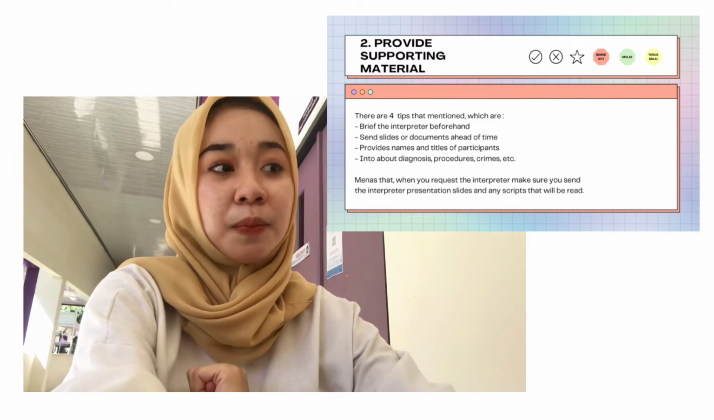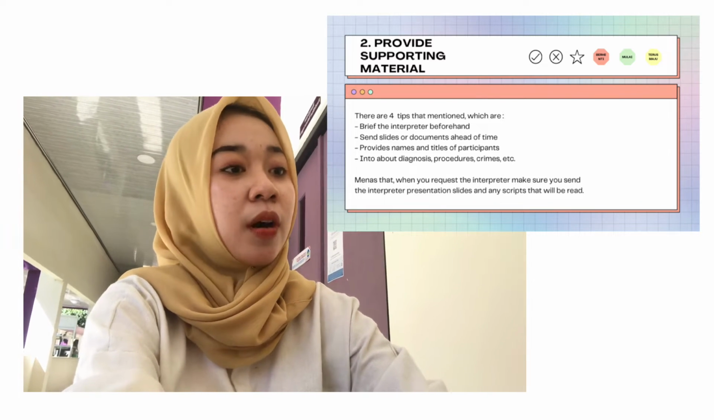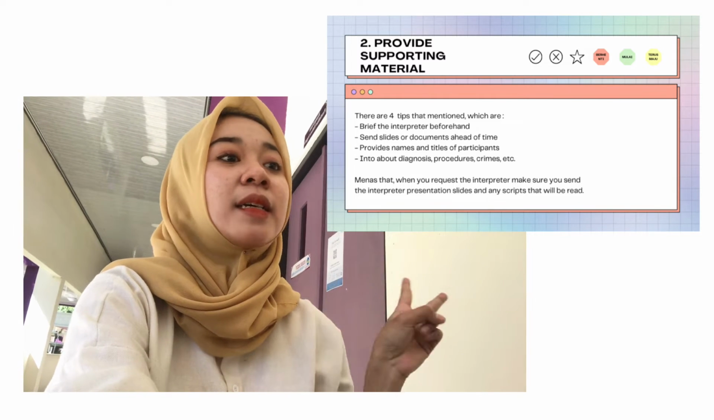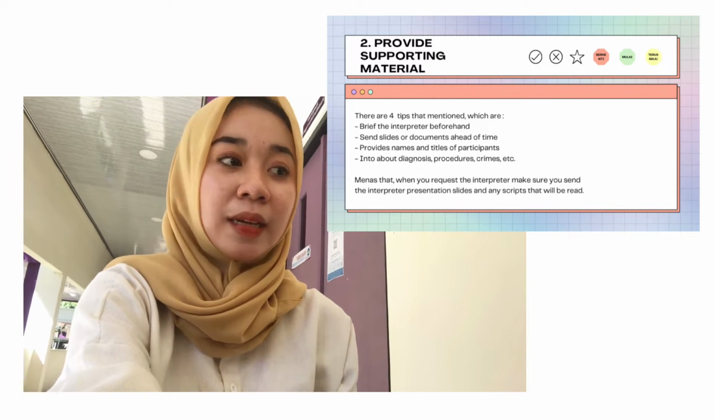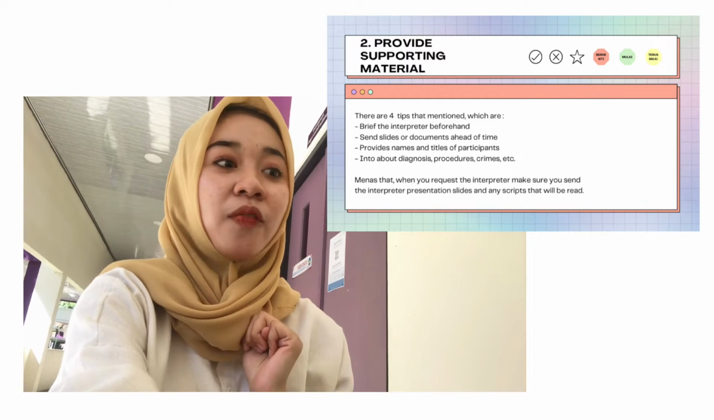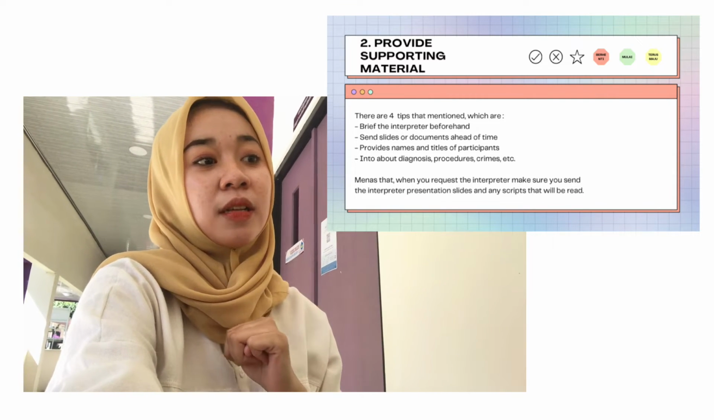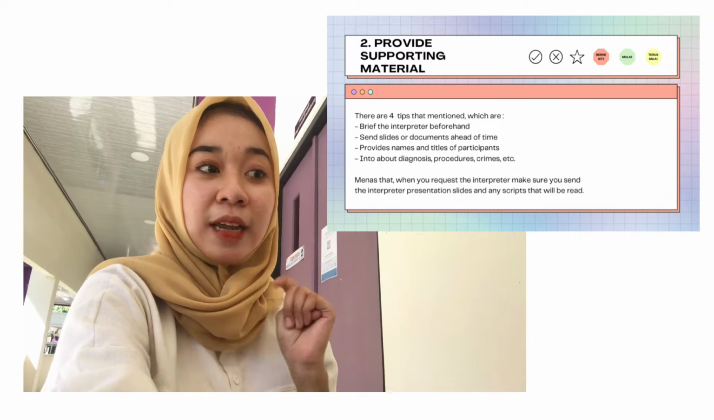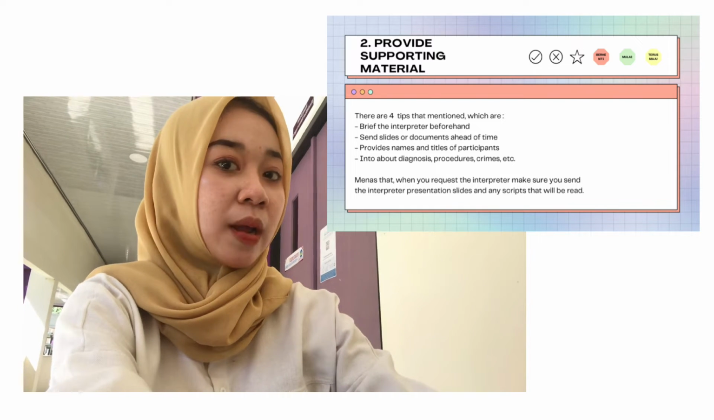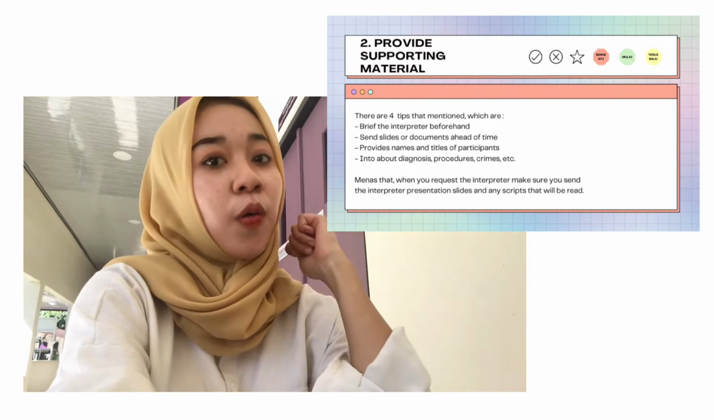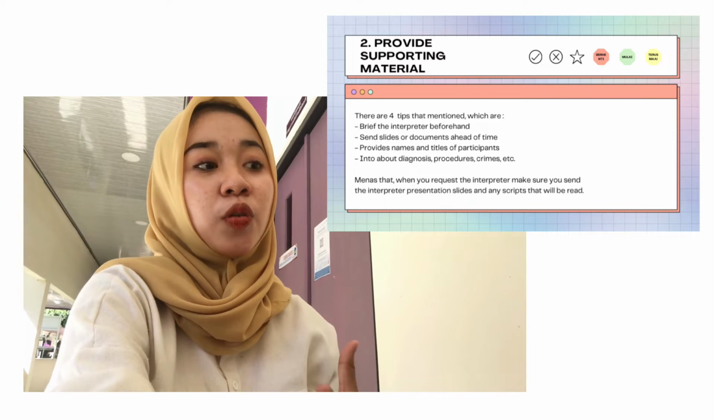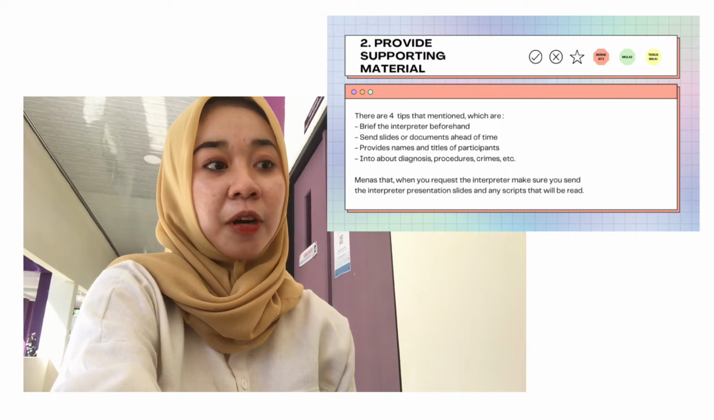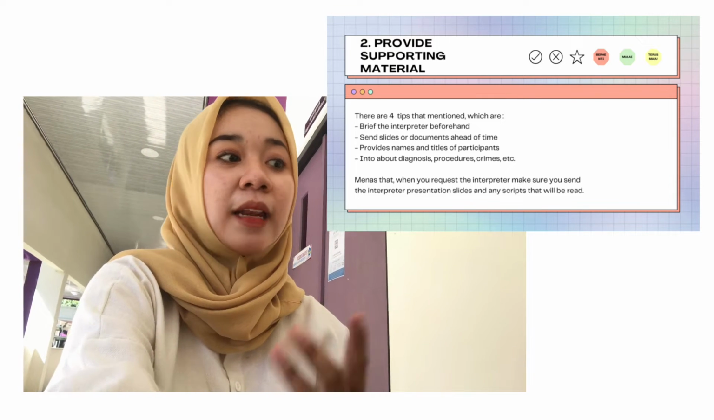There are 4 tips mentioned, which are: the first one is brief the interpreter beforehand. Second, send slides or documents ahead of time. Third, provide names and titles of participants. And the last is info about diagnosis, procedures, crimes, etc. So this means that when you request the interpreter, make sure you send the interpreter presentation slides and any scripts